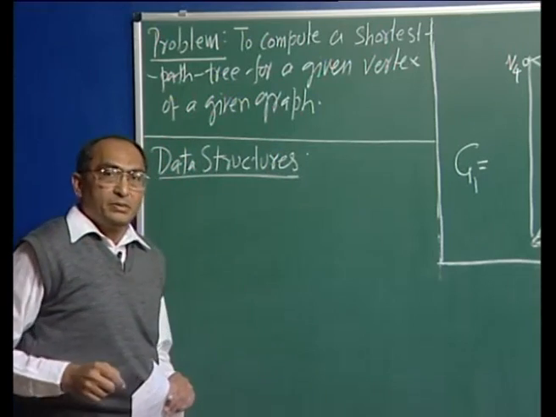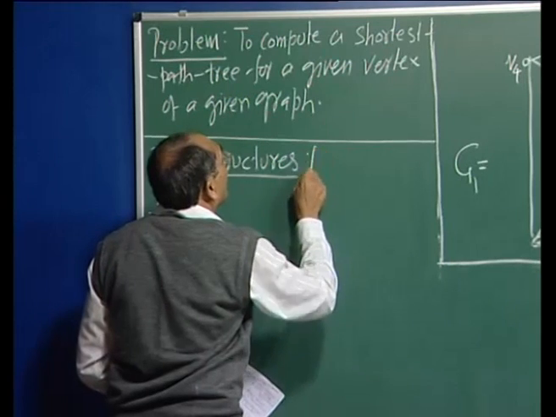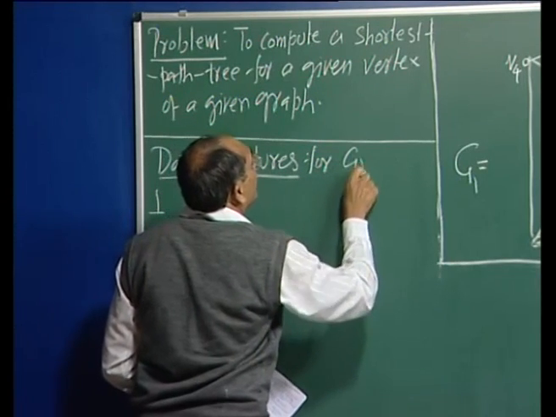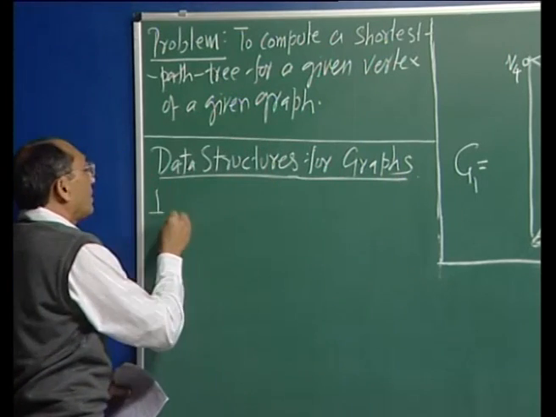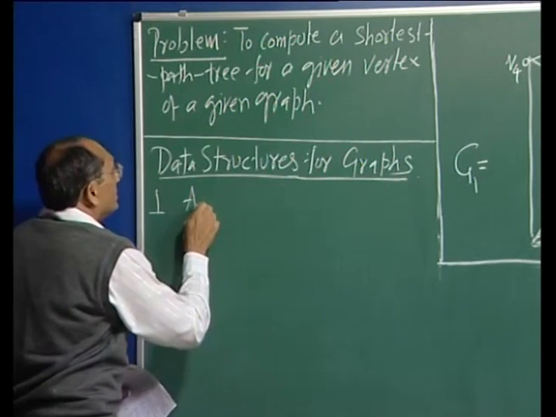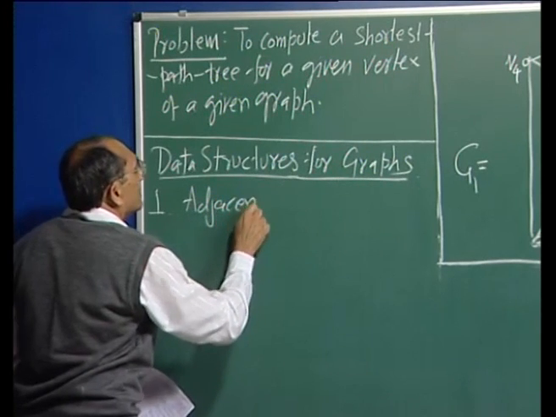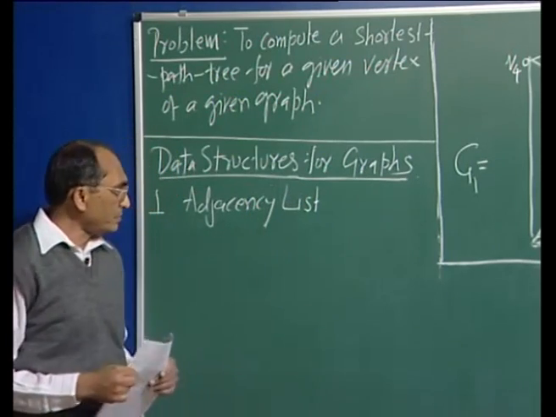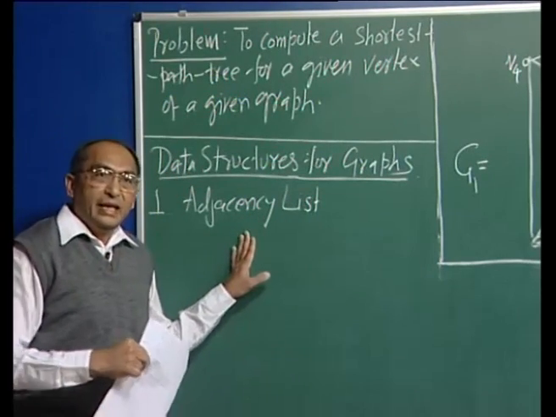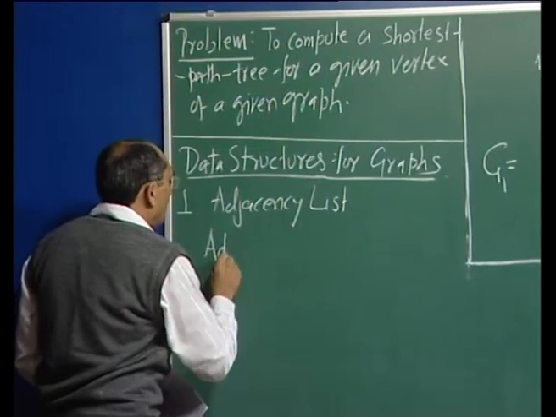The first one, so it is data structures for graphs. The first one is called adjacency list. This is an array we may call ADJ,